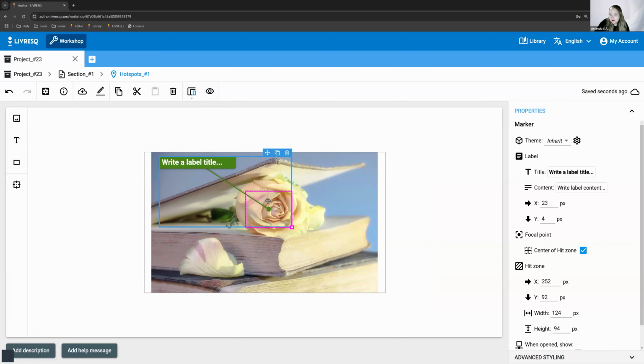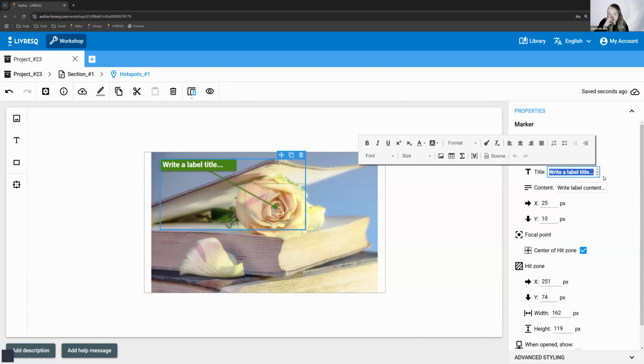And if you want to show an element, then I suggest you just resize this and move it to encompass that element. And then we have the actual label. We can place it wherever it makes sense on the image, and then we can change the content of the label on the left-hand side. It's the same as for the image. So here I can write flower,